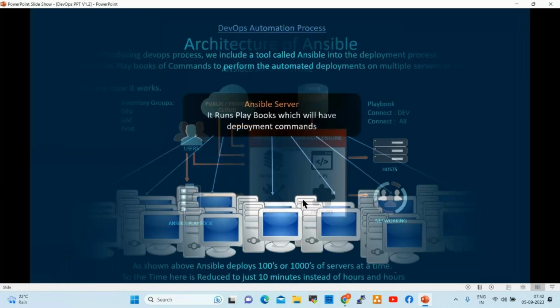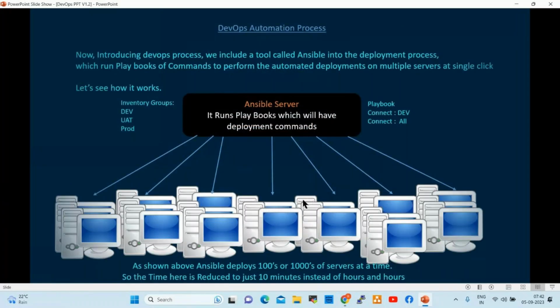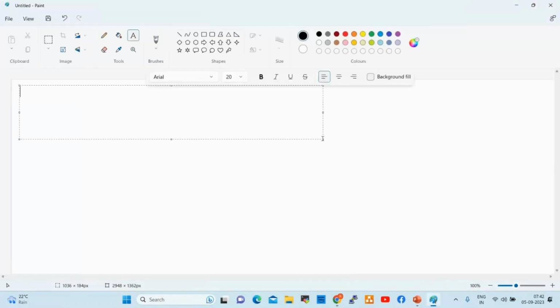For example, I have 1,000 servers and I want to install Java on all 1,000 servers. How can we install Java on 1,000 servers without any DevOps or automation tools? Manually, how can we install Java?